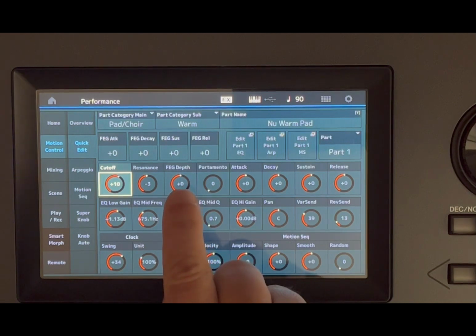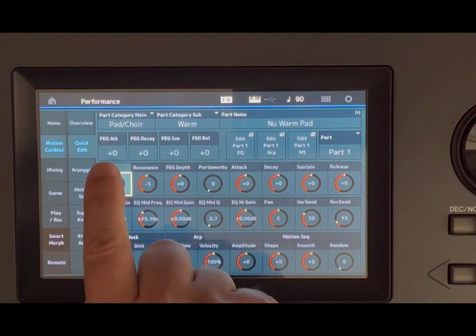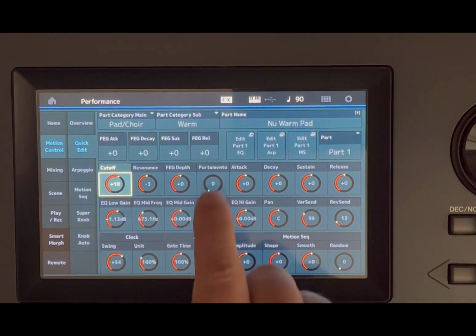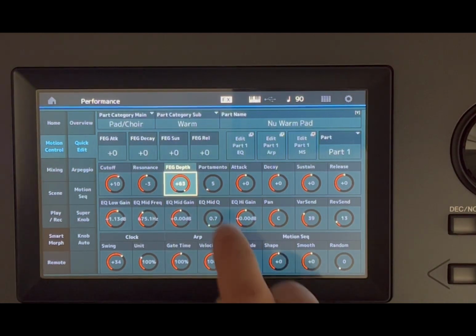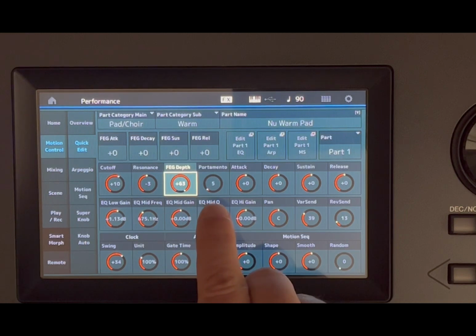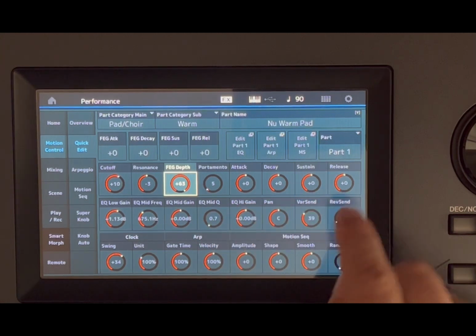Here you can set the depth of the filter envelope generator. Let's set these to actually maximum, okay, and I will show you that in a moment. You can change the portamento, so how long it will slide up from one note to the other as you're changing it, and then you have attack, decay, sustain, release overall